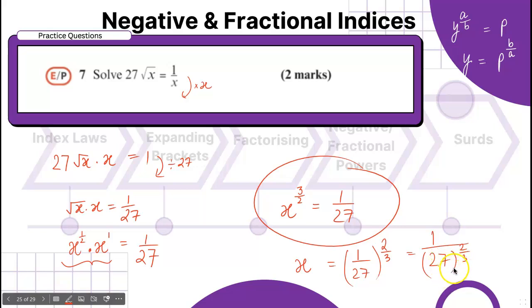And you know how to do this, no? So we have to think of what cube gives you 27. The cube of which number gives you 27? So the cube of 1 over 3 gives you 1 over 27, and with the power 2/3, the cube would be cancelled. You're going to be getting 1 over 3 squared, that is nothing but 1 over 9. Correct? So this is how we are implementing our knowledge and solving questions.